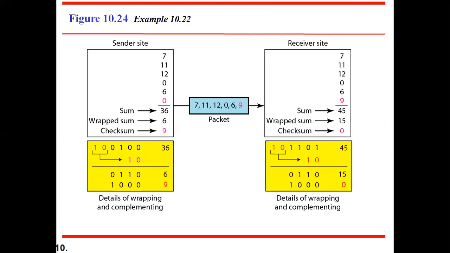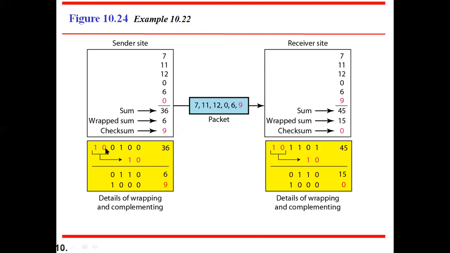Excuse me, sir. Yes, tell me. In this checksum, we have a total of 6 digits. After that we are going to total it. So the 36 should be represented using 6 bits. Do we have to take 6 bits or 5 bits? No. First, 36 is coming in 6 bits only. You just represent it here. It is coming in 6 bits only.